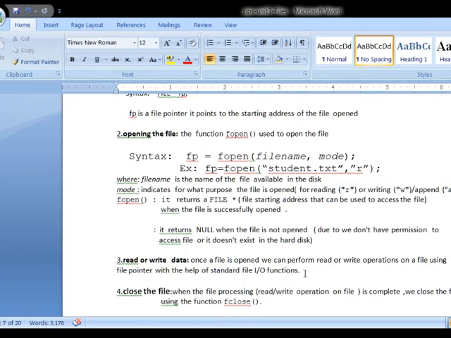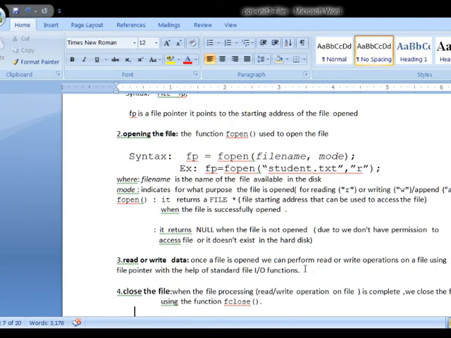So we have file input output functions. File input functions are the functions used to read data from the file. Output functions are the functions used to write data into a file. Later I will explain which standard file IO functions are available to read data from a file, and similarly to write data into a file.